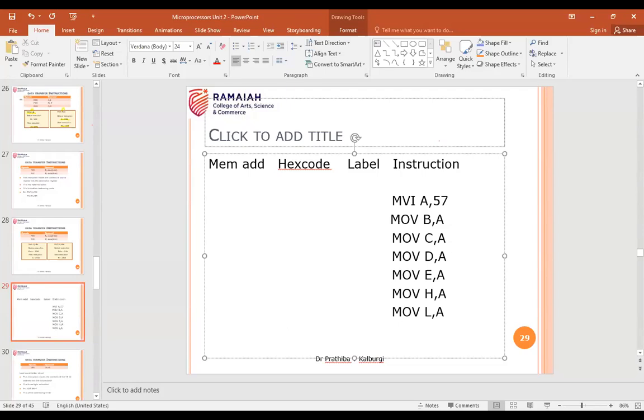How do you end the program? We have the halt instruction, or we can use the restart instructions. So this is how you're going to write the program.